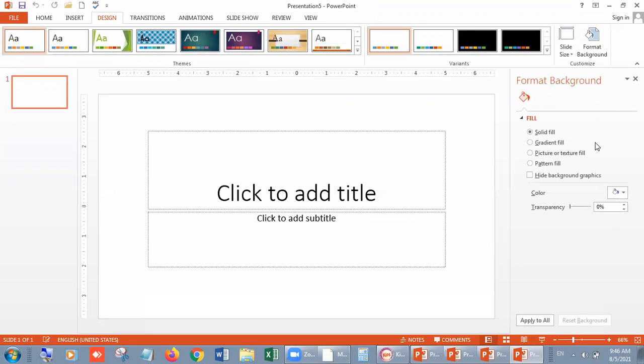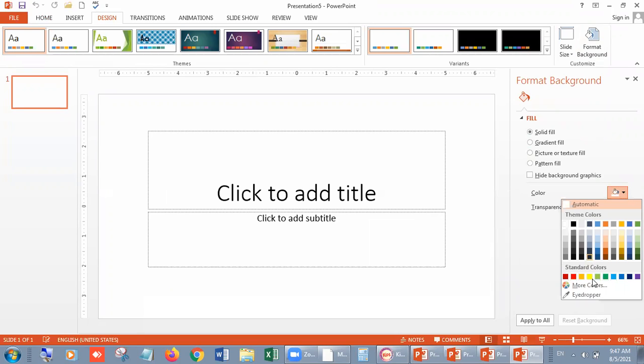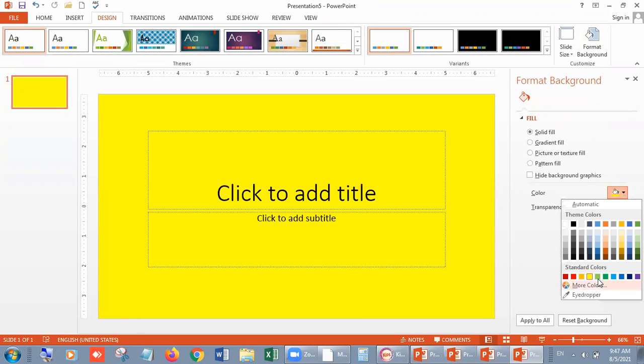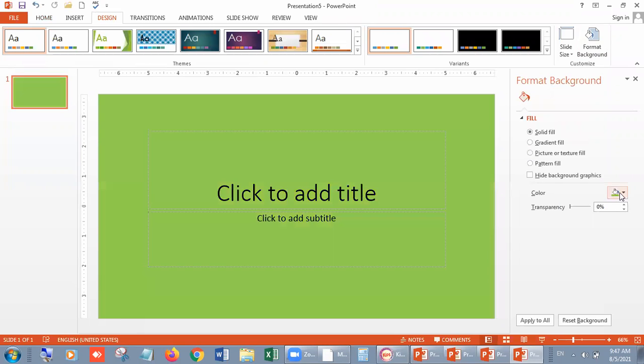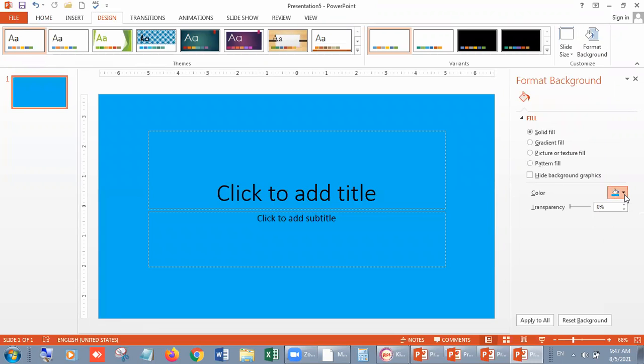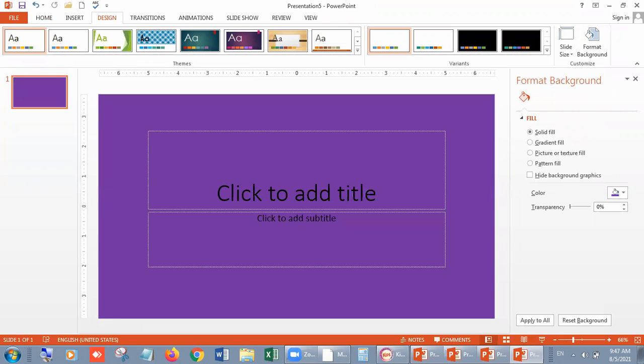Look students, at the right hand side, you will have some option, or this menu will come on the screen of your MS PowerPoint. Now the solid, you can change the color like this. Yellow. If you want to change another color, it's light green. Another color, it's blue, dark sky blue, and another, it's purple.